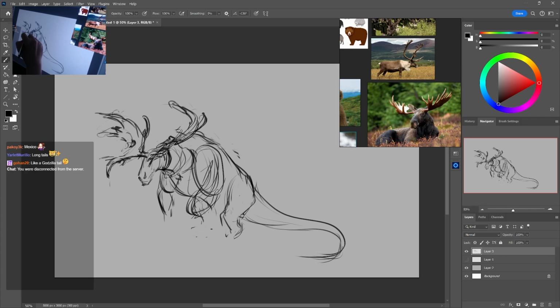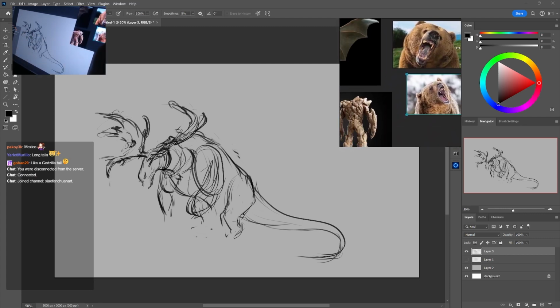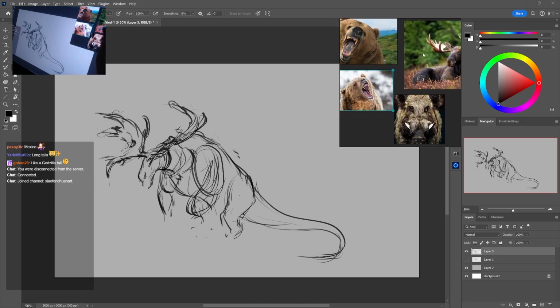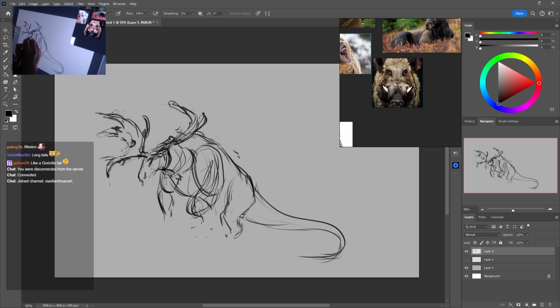And then, should we give him the big moose nose, or is that too much? Let's give him a semi moose nose. We'll give him a reindeer nose. And then we can give him a big jowl, right? Because we want to fit the tusks in from the boar. We can give him a big heavy jaw here. Make it really heavy set.